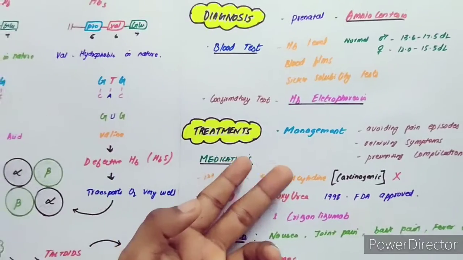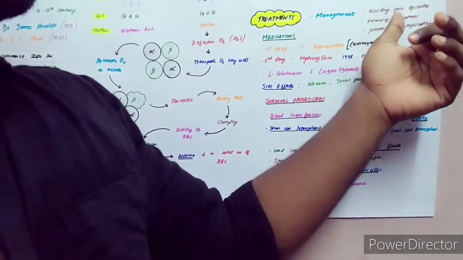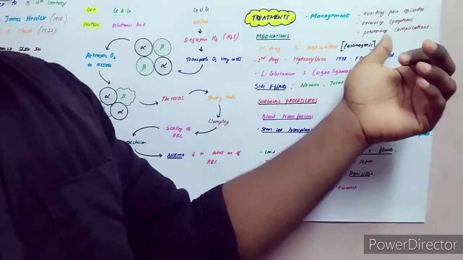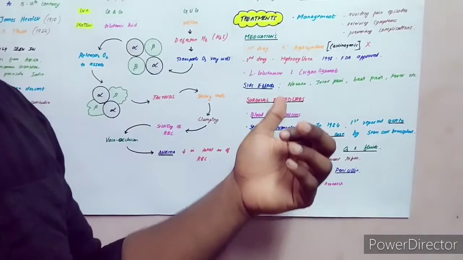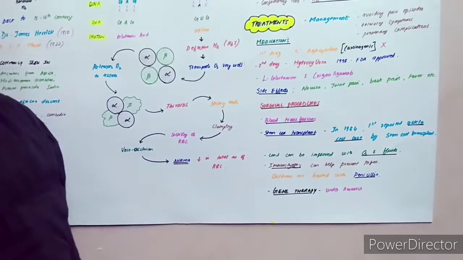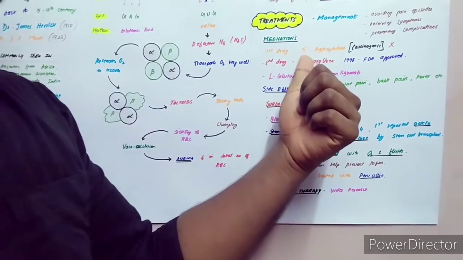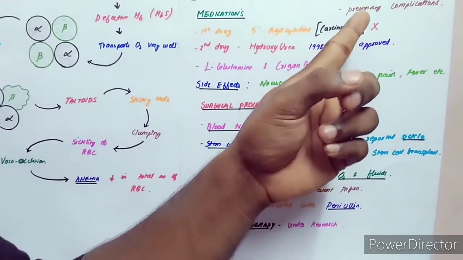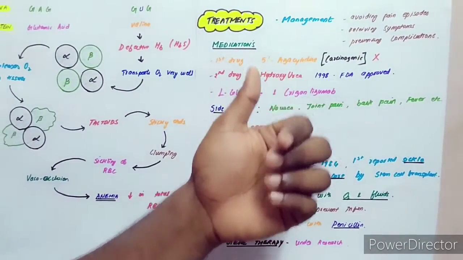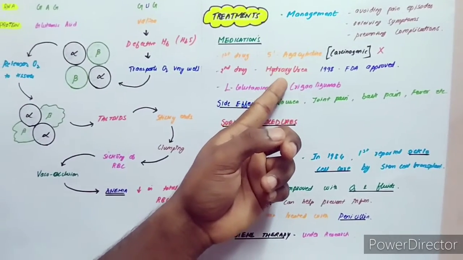Now the treatment and management. Since it is a genetic disorder, it can't be cured. So we can manage by avoiding pain episodes, relieving symptoms, and preventing complications. Medications and surgical procedures are done to treat sickle cell anemia. The first drug used against sickle cell anemia was azacitidine. When they found that it is carcinogenic, they stopped using it and used a similar kind of drug which has activity against sickle cell anemia, which is